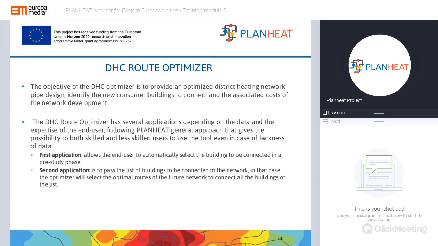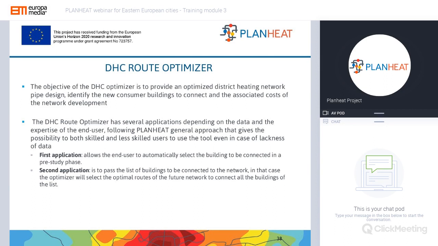We also should talk about the DHC route optimizer, which has an objective to provide an optimized district heating network pipe design by identifying new consumer buildings to connect and how these additional costs will have effect on the network development.